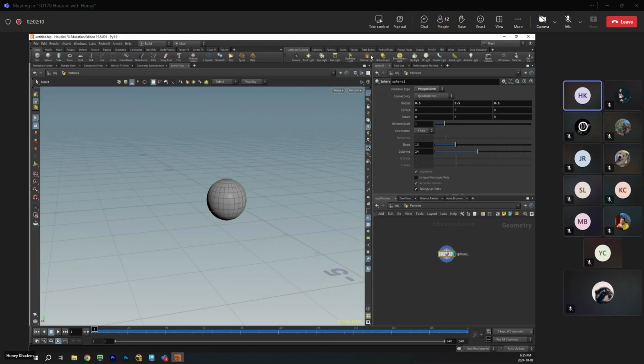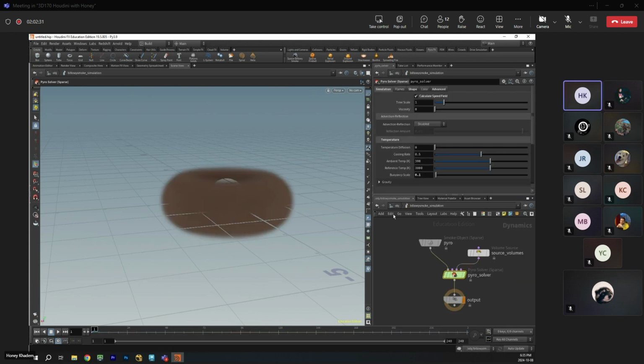Easiest way, just for this time, let's just use a sparse pyro smoke. I can create it from scratch, but I want to do that next session. Okay. Did it work?